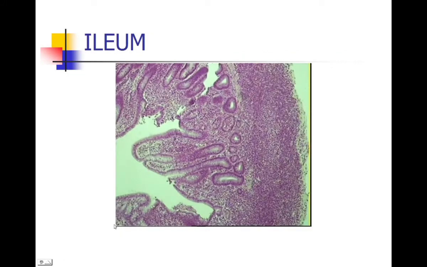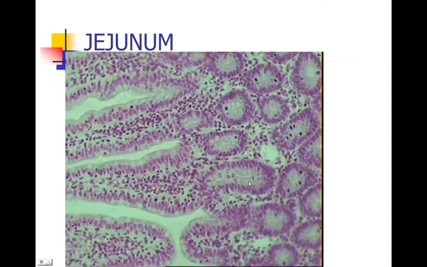As we go into the ileum, you will see that these are the villi which are drumstick like. Some people say that these are finger like villi, and the villi are distant apart, they are sparse, they are less in number, because just beneath these villi in the submucosa there is a big patch of lymphocytes. You can see the collection of the lymphocytes. This is actually the Peyer's patch. All these are lymphocytes, and these lymphocytes are piercing the submucosa. This is the submucosa. This is the muscularis mucosae.